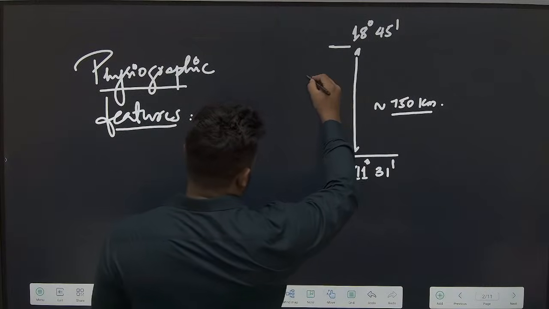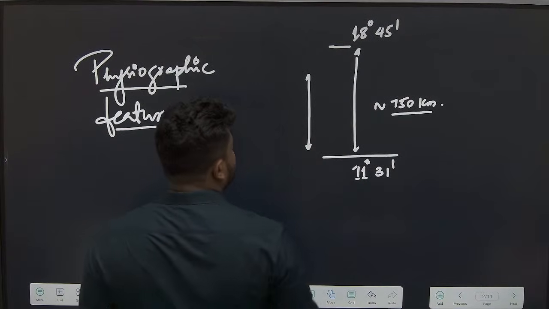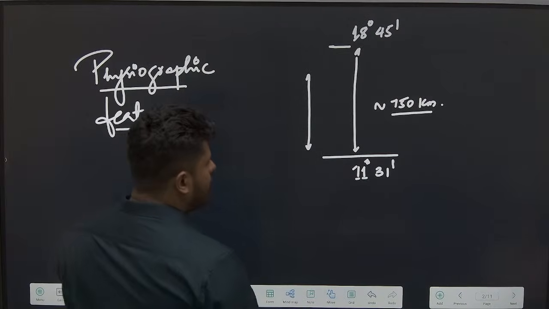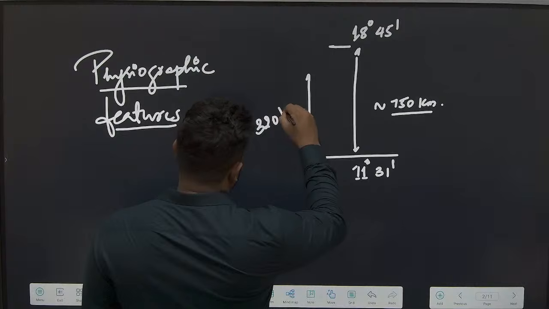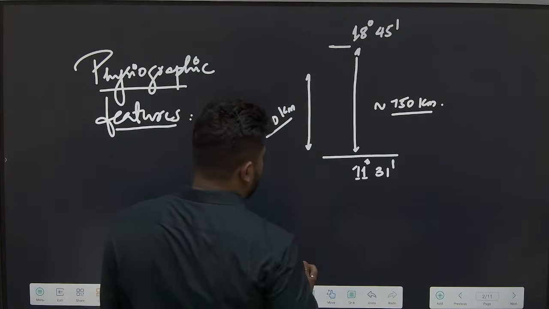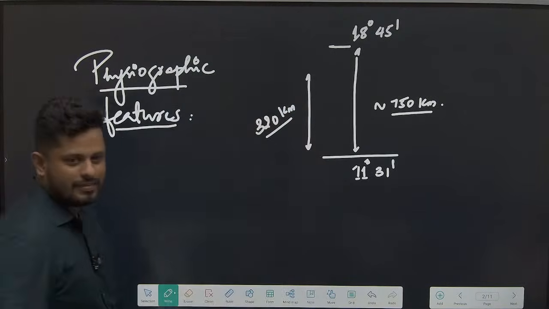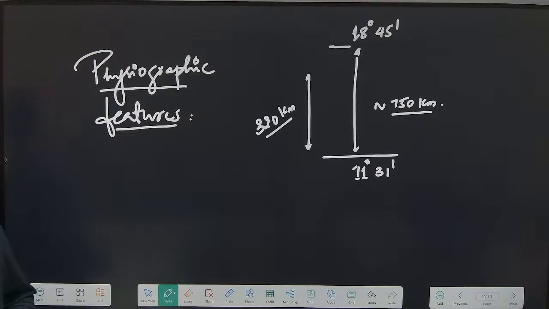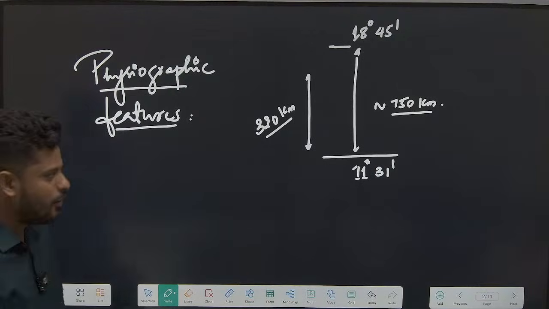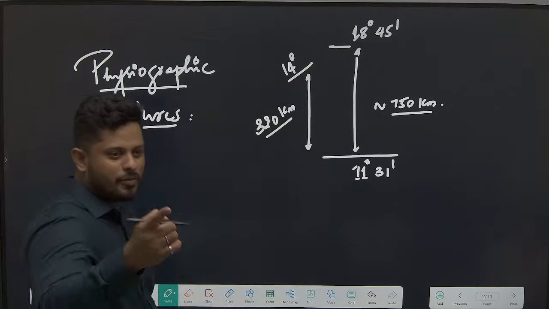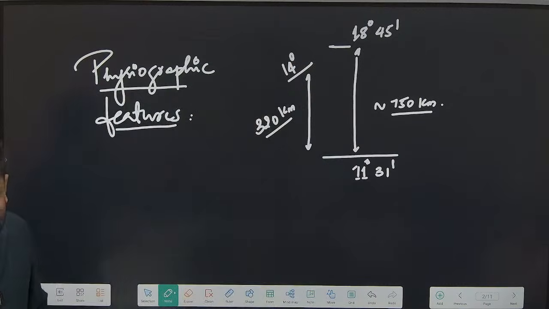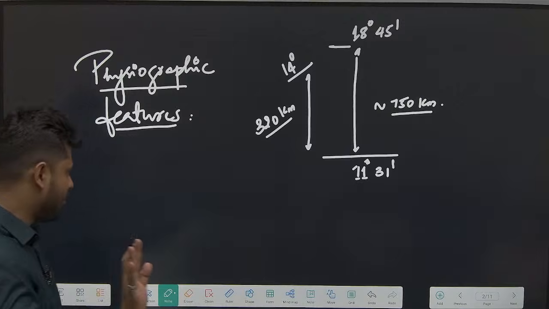what is the extension of the coastal plains of Karnataka? 300? Okay, 320, 340, it's all right. If you are very close, that's enough. But the latitudinal extension, 11 degree to 14 degree, somewhere around 14 degree some minutes. How many minutes, madam, to be very specific? We have no idea? Yes, we'll have an idea about that.